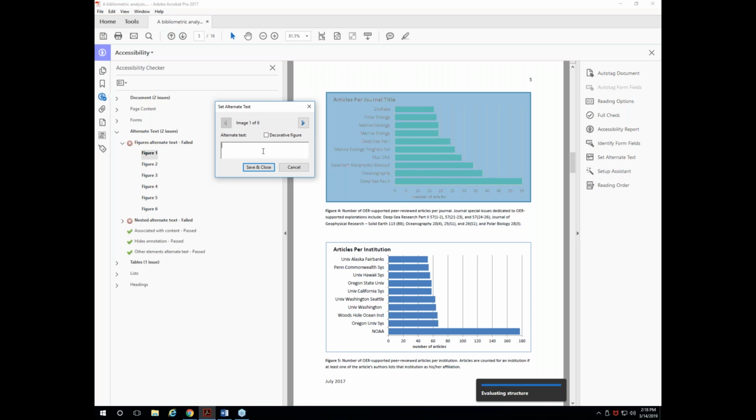Here we have a graph that's showing the number of articles per journal title. So again, this is a citation bibliographic analysis. And then under this, we do have a caption where it tells you that it's the number of OER supported peer-reviewed articles per journal. And then it gives you some information about special issues and stuff like that. My recommendation and how I would approach alt text for this type of item would be to say something along the lines of